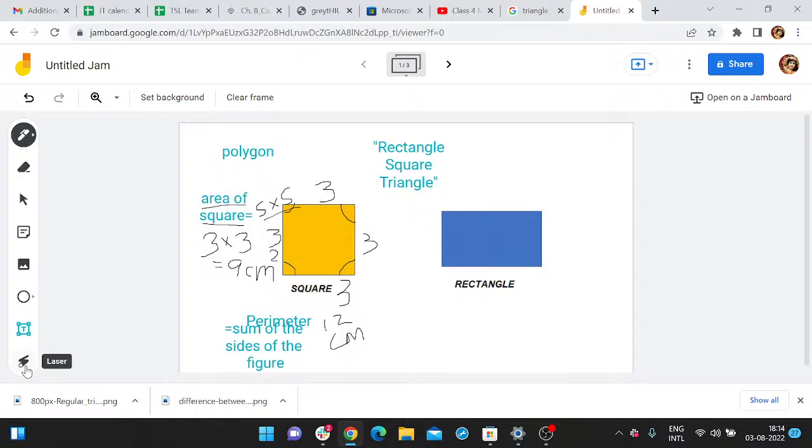So I hope everyone is clear on how we find the area of square and perimeter of square. We just need to know the length of the sides. So if you ever come across any notebook or any copy that is similar to the shape of a square, you can try this activity over there. What you can do is take a ruler. You must be knowing how to measure the side of the figure. So you can take one ruler and measure every side of the square and write it